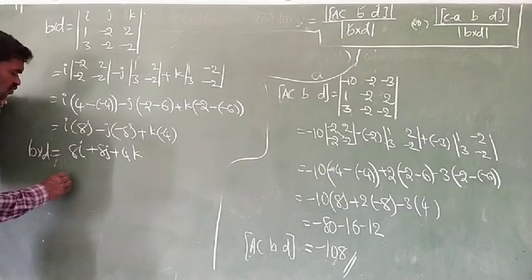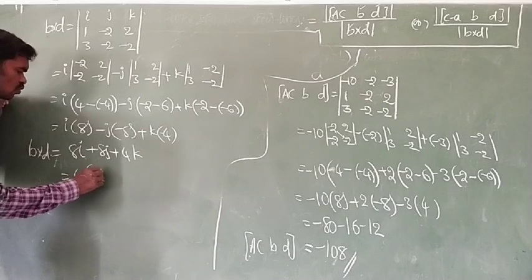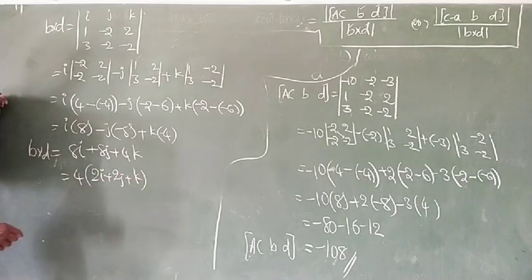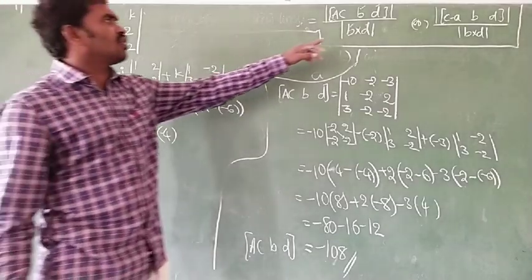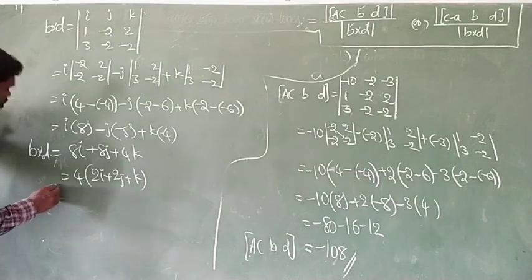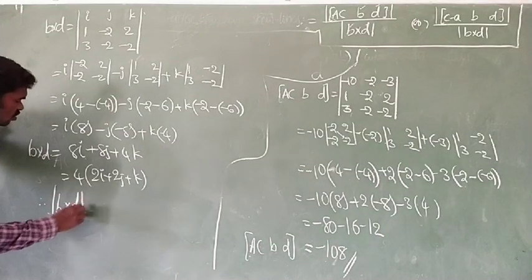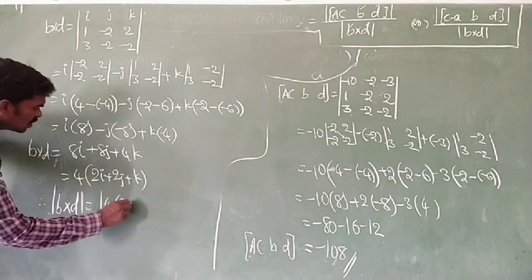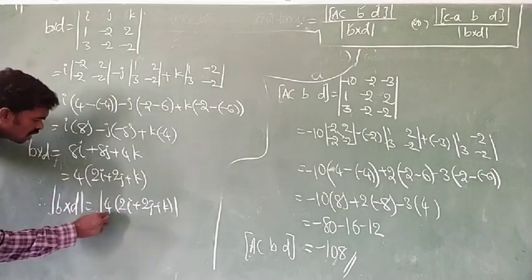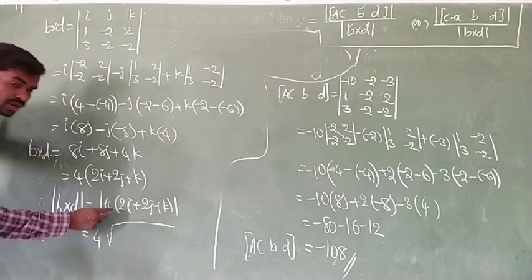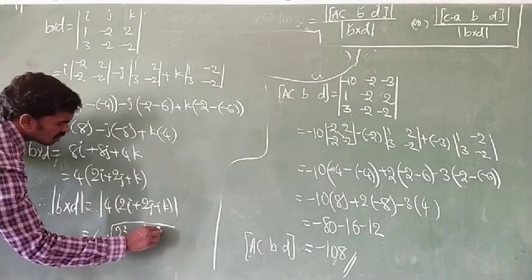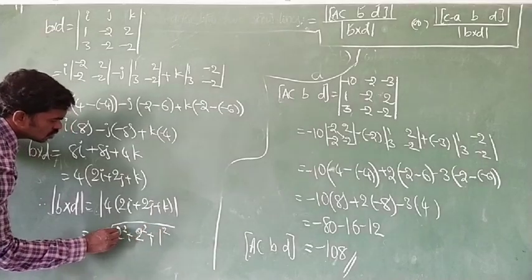So if you take out 4 common, no problem. So 2i plus 2j plus k. So we got b cross d, but we don't want b cross d, we want modulus b cross d. So therefore modulus b cross d is equal to modulus 4 into 2i plus 2j plus k. So modulus 4 means 4 only. Okay. I coefficient 2 square, j coefficient 2 square, k coefficient 1 square. So totally